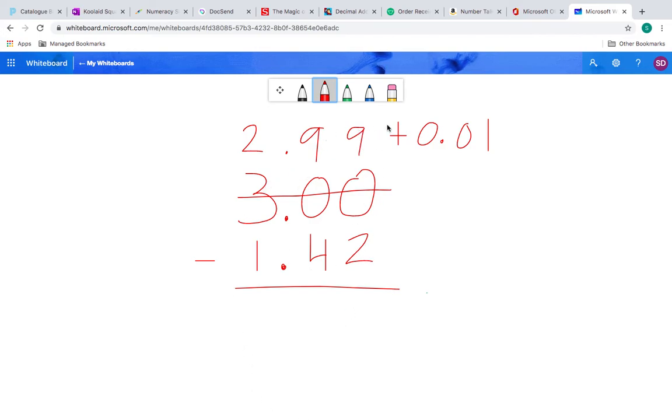9 minus 2, again, is 7. 9 minus 4, 5. Put the decimal point in. 2 minus 1 gives us 1. And then we're just bringing down this whole number and adding it back. So our answer plus 0.01 gives us